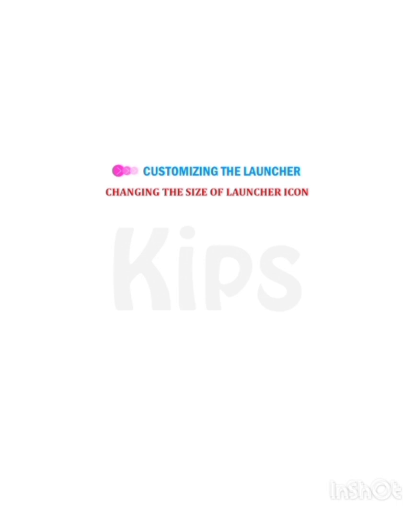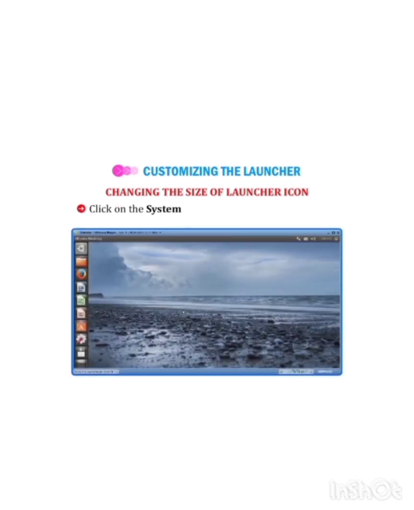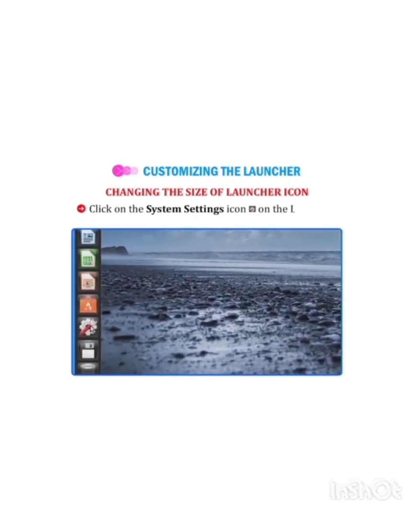Click on the system setting icon on the launcher. Two ways are there. One, you can click on the dash box and write here system. System launcher icon will come there and you can click there and do the changes according to you.